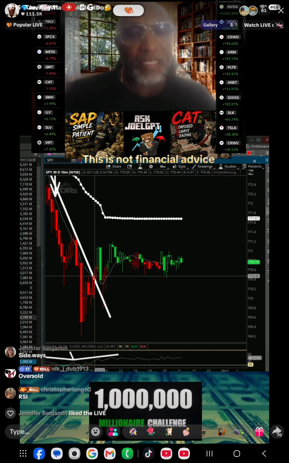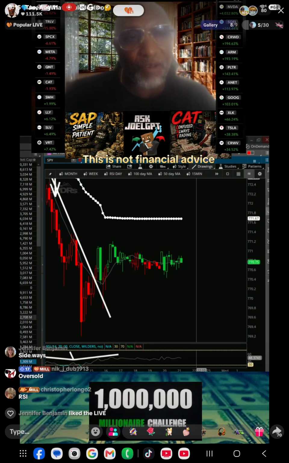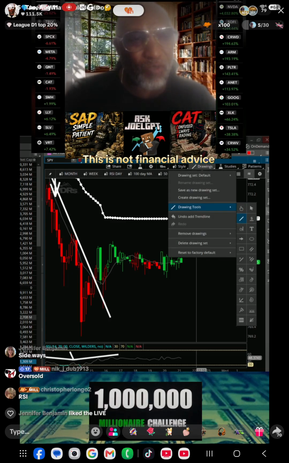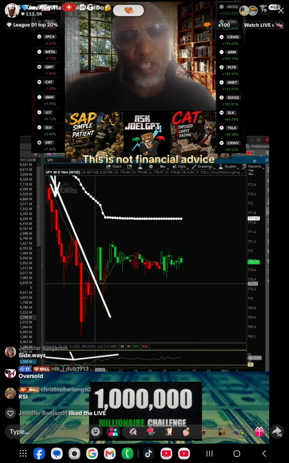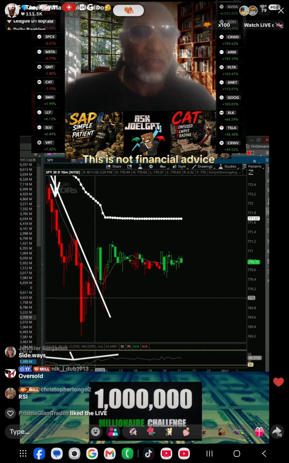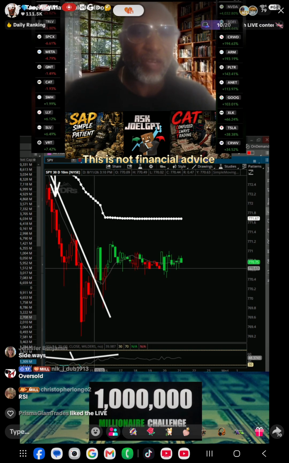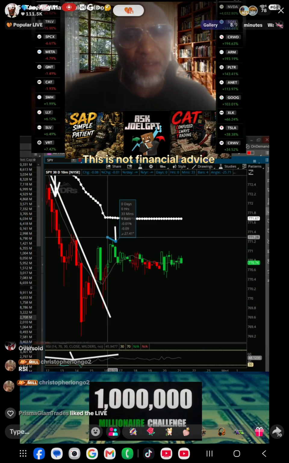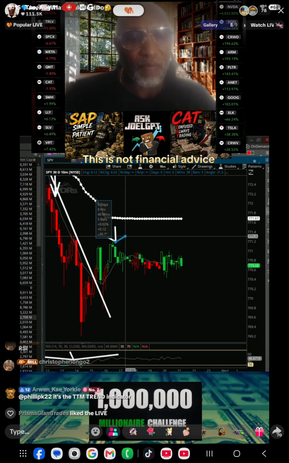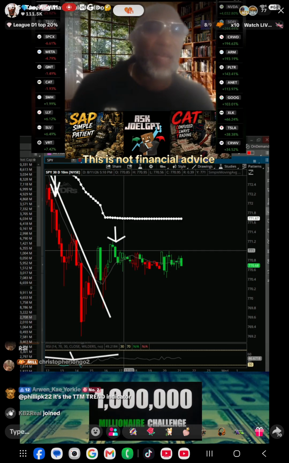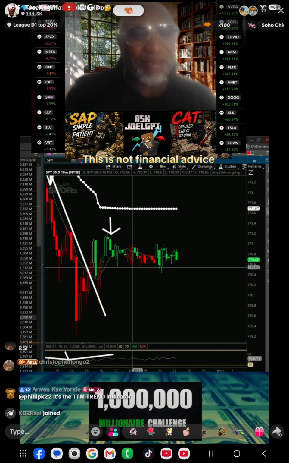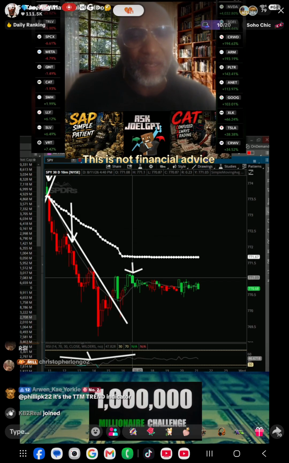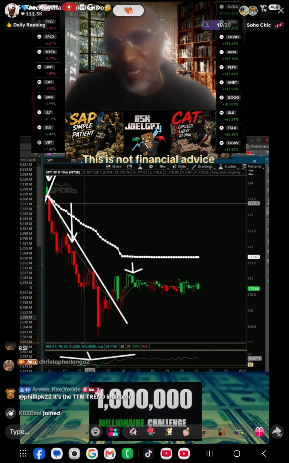Now, even if I had gotten into this trade by about the 10th candle, guys, I would have been like, it's not really moving. It broke the trend. This is candle 1, 2, 3, 4, 5, 6, 7, 8, 9. By about the 10th candle, we're right here. We're not really doing anything. And it's the end of the day. What am I talking about? It's 4 o'clock. It's the end of the day. It's not supposed to do anything. But you got a nice little move at the end of the day.